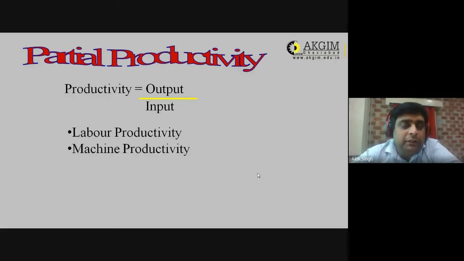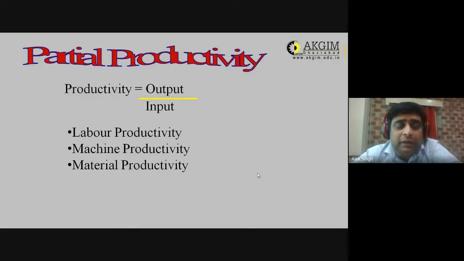Okay, next is machine productivity. What is machine productivity? To check what is the output created by a particular machine. That will be calculated by output divided by machine hour. The formula would be output divided by machine hour, meaning how much time a machine has worked in working condition, and by working that many hours, how much quantity that machine has produced. So that is basically the productivity of that machine.